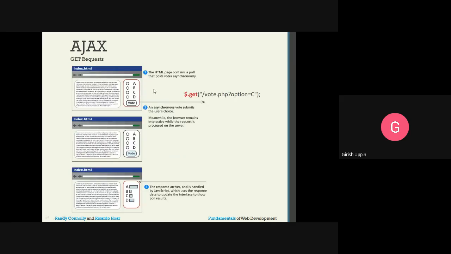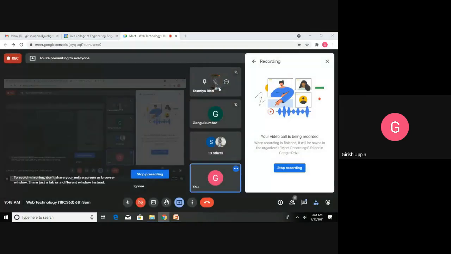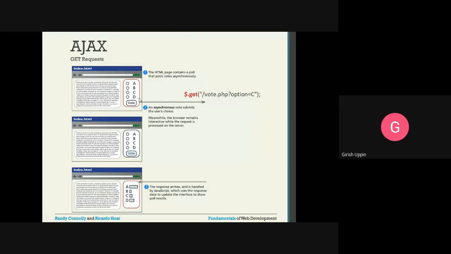This is another example, a get request, an asynchronous call. We have a web page, and one part of the web page is some kind of a voting. The user will select some option and click on vote. This particular form data will be submitted. Let us say the user has selected option equal to C, it will go as a get request.